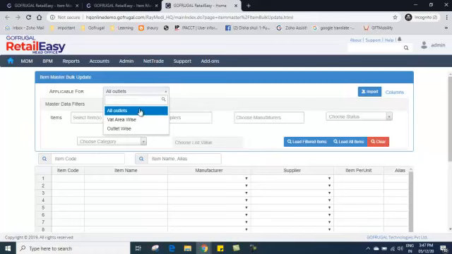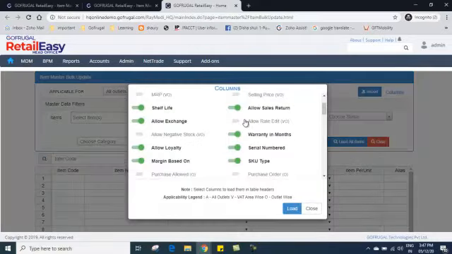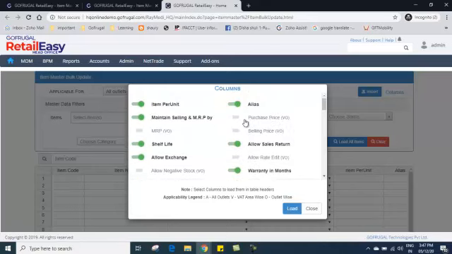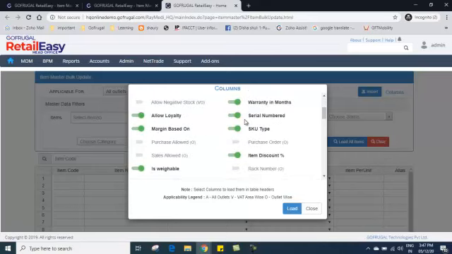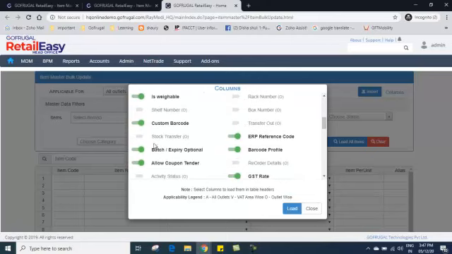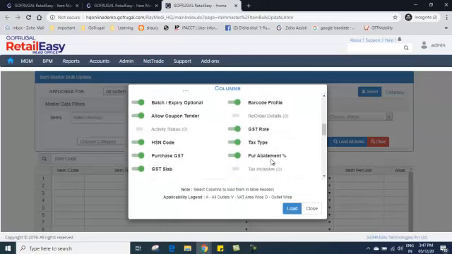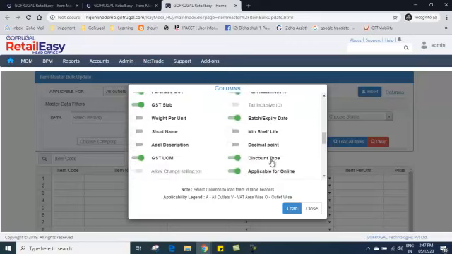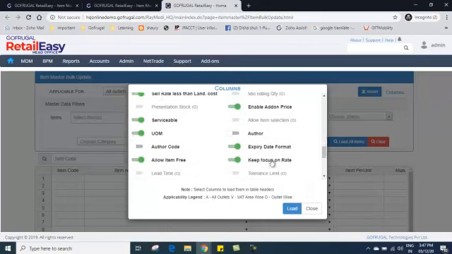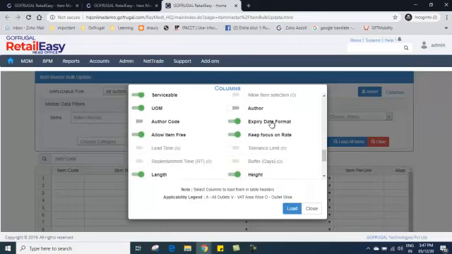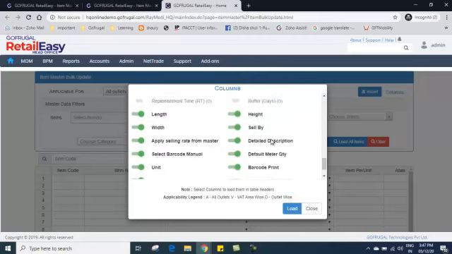Make sure you have chosen all outlets, because this is applicable only for all outlets, and choose the columns. What are the columns you are going to update? Right now we are going to update batch and expiry. So batch and expiry is already enabled. Expiry date format is also already enabled, so nothing more is required.